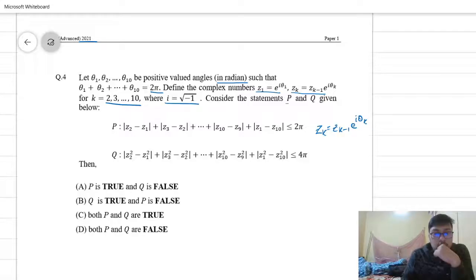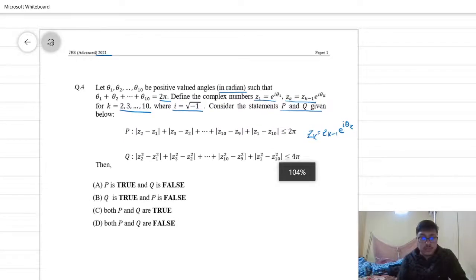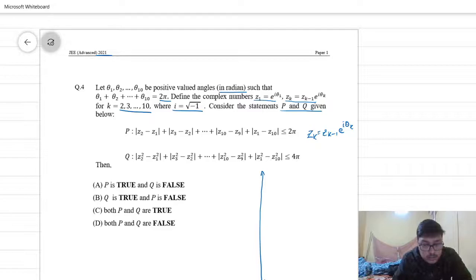Consider the statements P and Q given below. Let's move to this question. We can easily see that